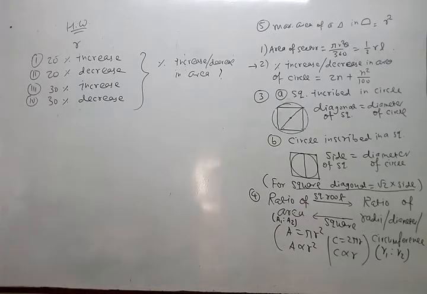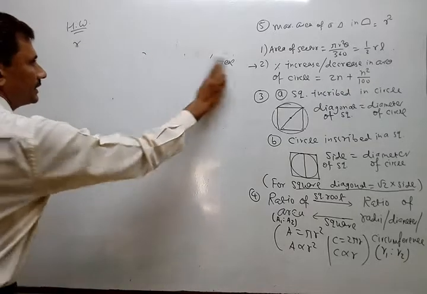In number 14, the ratio of the radii of two circles is 2:3, and the ratio of the angles at the center of the two minor sectors of those circles is 5:2. Then find the ratio of the areas of those sectors. First of all, write down whatever is given and read it again.